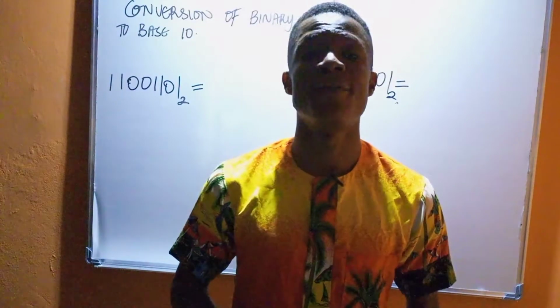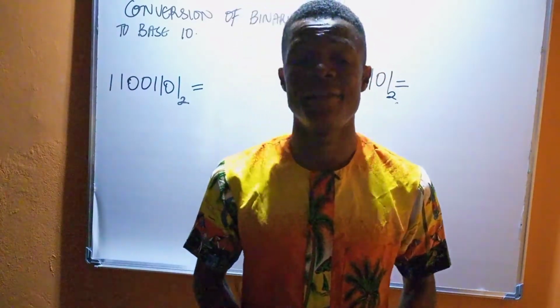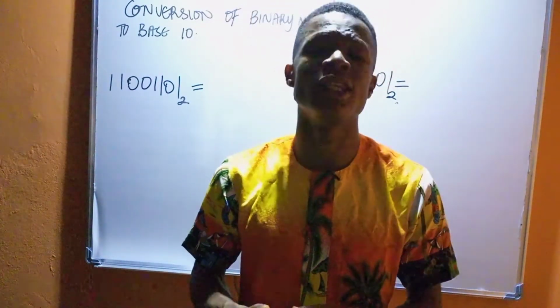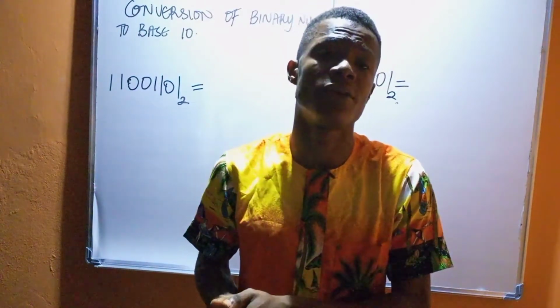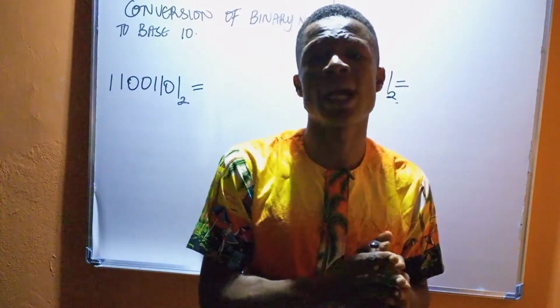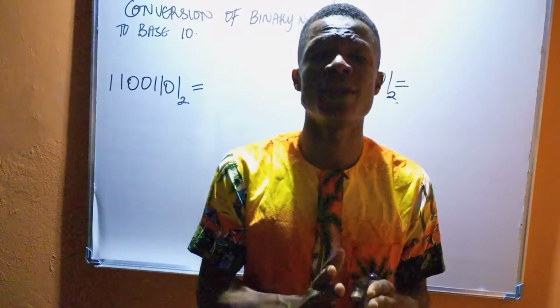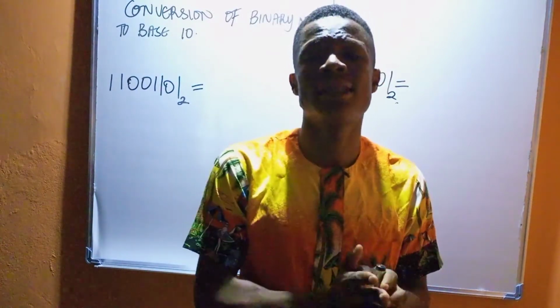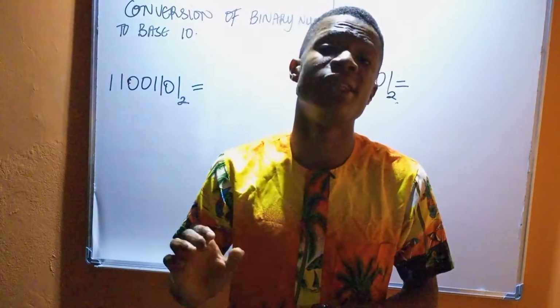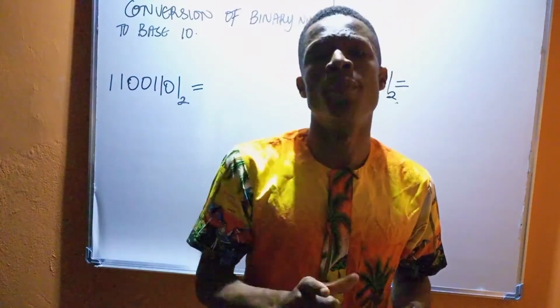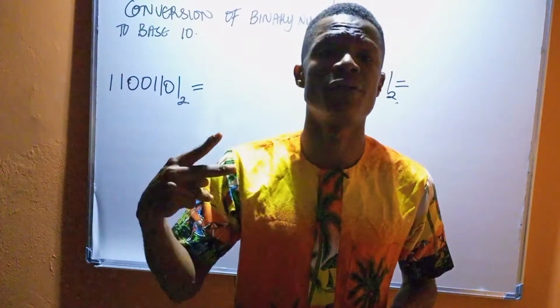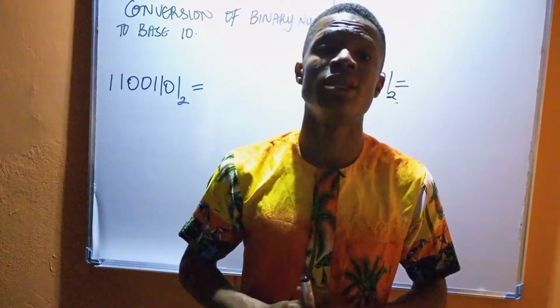Counting and measuring have become part of our everyday life. Counting that is usually done in groups of 10 has been seen as the most commonly used system of counting. When we say that we are counting in groups of 10, we are simply explaining base 10. And counting in base 10 is made up of 10 digits, which are 0, 1, 2, 3, 4, 5, 6, 7, 8, 9. But the process of counting in groups of 2 is what we call a binary system, which